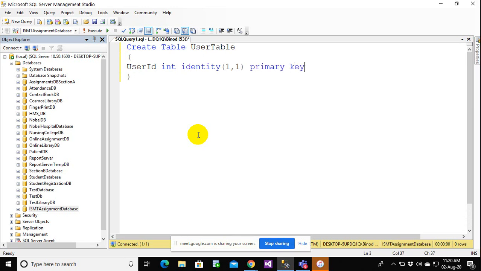And this is a primary key. Username, varchar 100. And this is a unique field, and this cannot be a null value. So if I have to make a field unique and not null, I can specify them as unique and not null. And this one also a primary key. This has to be a primary key.